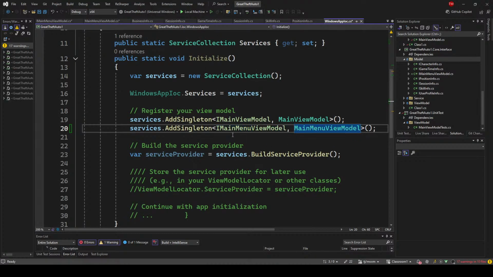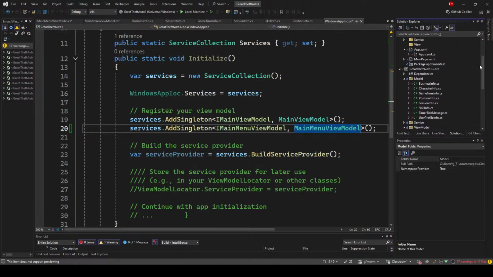Import. Now it's all fixed. All right, so we now have a singleton added. Now, let me go ahead and